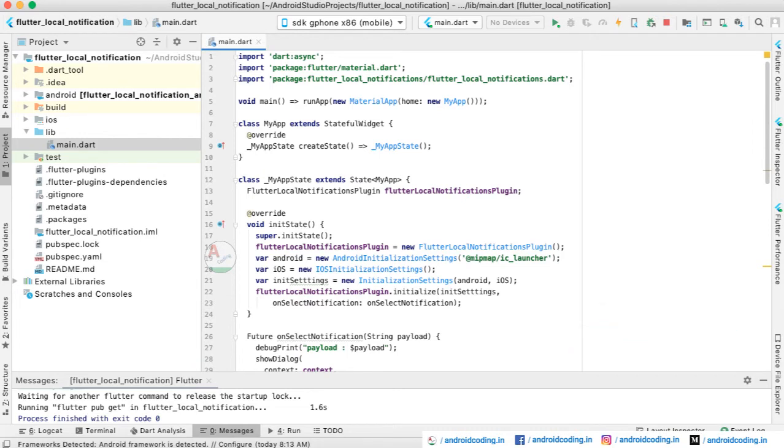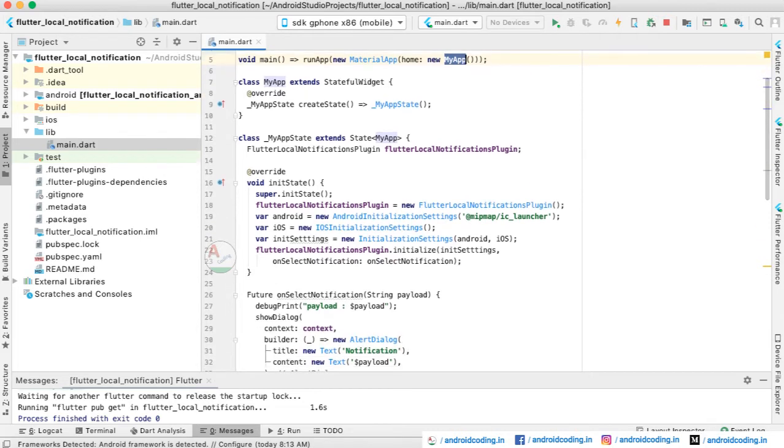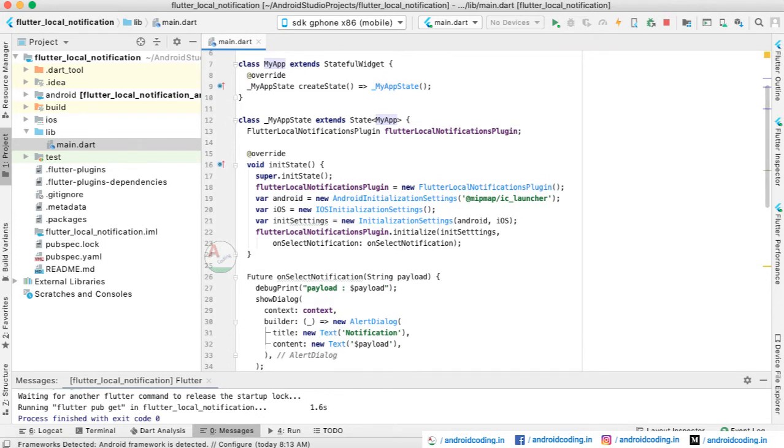In void main we have provided our MaterialApp. In the home of the MaterialApp we have declared a class MyApp which is extending a StatefulWidget. Here we are creating a state for it, and we are also declaring a variable, flutterNotificationPlugin.